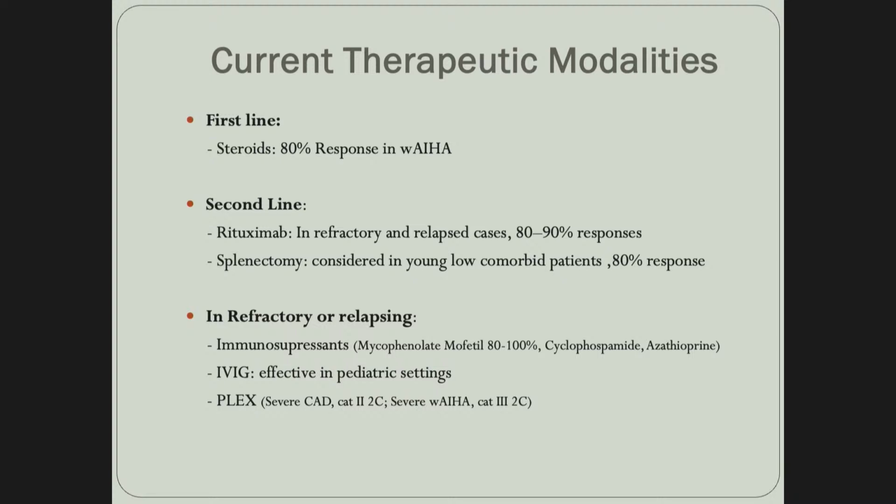Second line of drug, rituximab, an anti-CD20 monoclonal antibody, which revolutionized this. Monoclonal antibody has revolutionized inflammatory conditions and hematology, where it is helping to treat both hemolytic anemia and cold agglutinin disease. So it is like